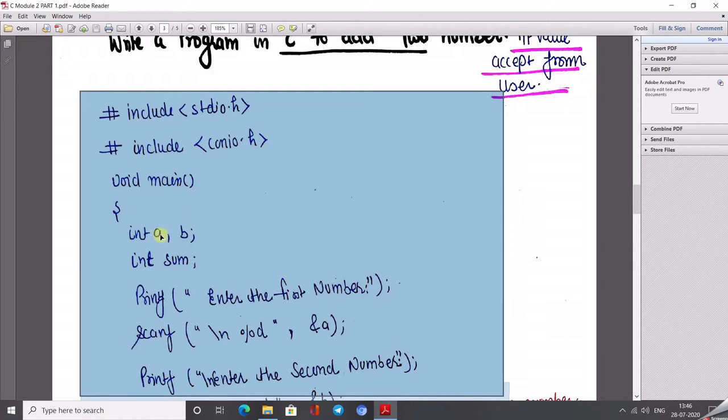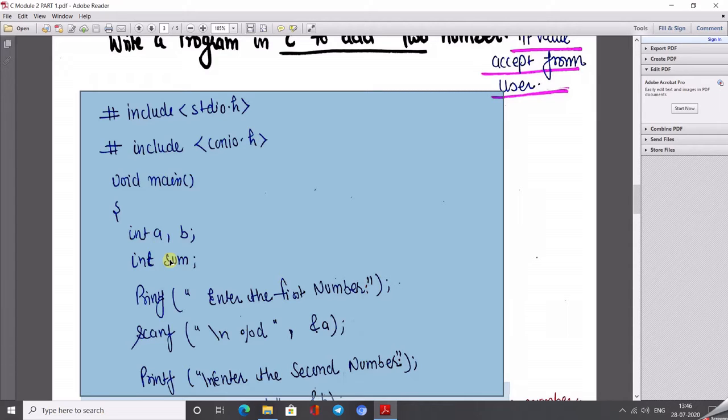That means we store one value into A and the second value into B. Another variable is int sum, and basically this is used to store the resultant value. What is the purpose of this variable? In sum, we can get the resultant value of A plus B.